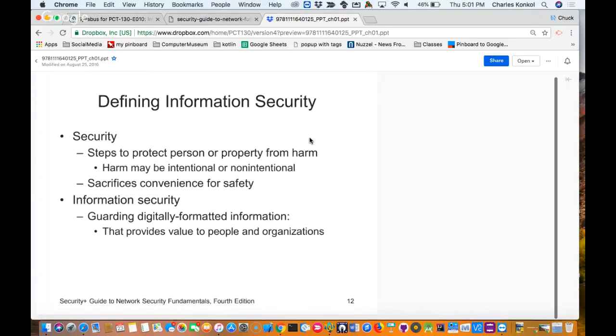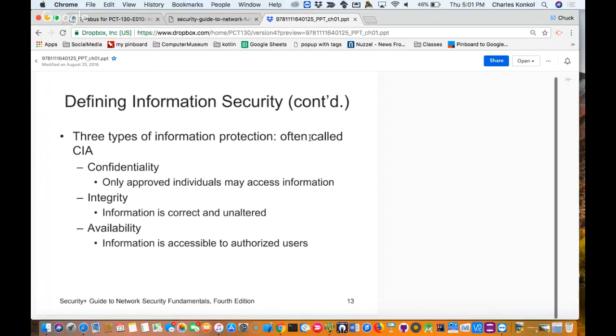Information security is guarding digital information, providing value to people and organizations. Three types of information are protected, called the CIA: confidentiality, integrity, and availability. So your data, or your company's data, is confidential, meaning only approved individuals may access that information. Integrity: the information is unaltered and correct, and if it is changed, you are the only one to change it. Availability,